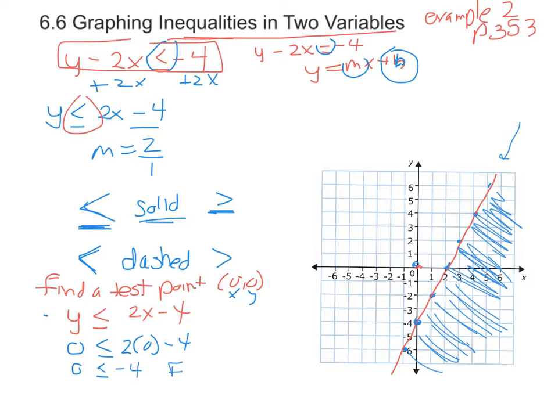Do you have the right y-intercept, the right slope, and have you shaded the correct side of the line? Now I said there was an easier way to figure out which side of the line to shade. And that works like this. Y is greater than, or y is greater than or equal to, always means that you're going to shade above